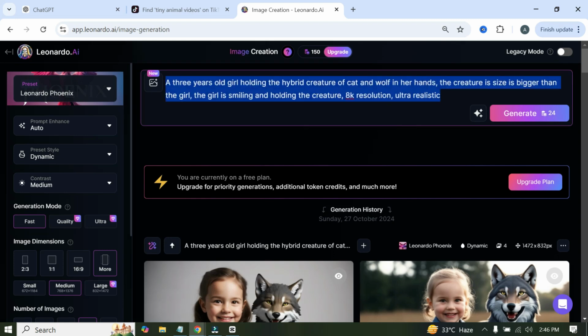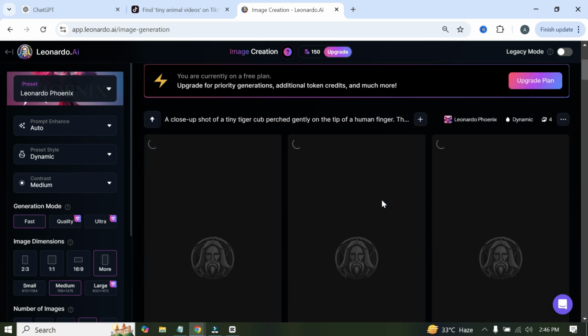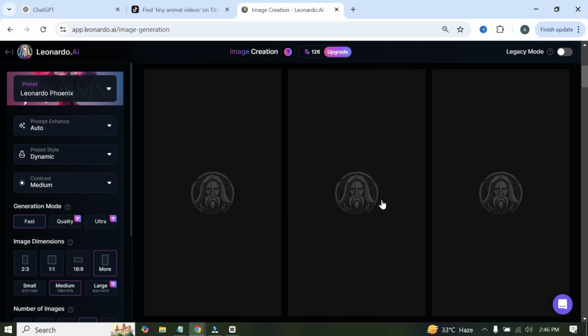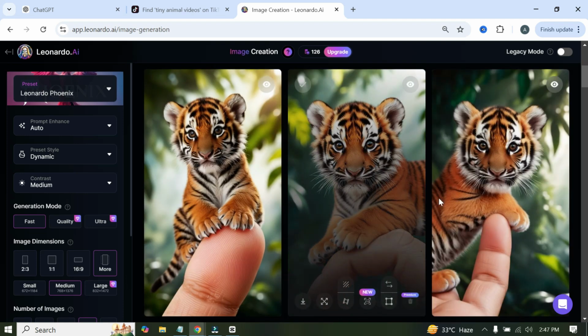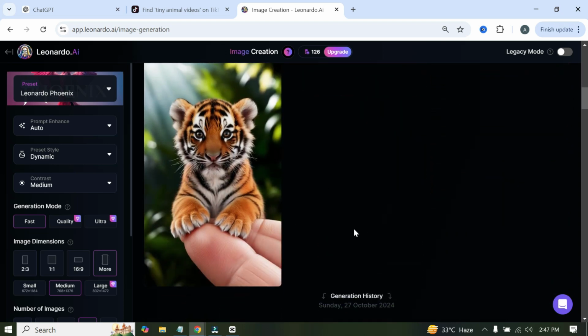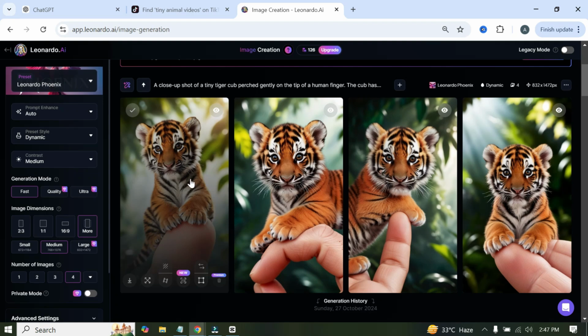Next, paste the prompt into the image generation section. Then click the generate button. Leonardo will use 24 credits and take a moment to generate 4 images based on the prompt. Leonardo has generated 4 different images based on the prompt, but you might notice that some images aren't quite perfect. Remember, we have the option to regenerate the images, but I'll pick this one as it's the perfect match for